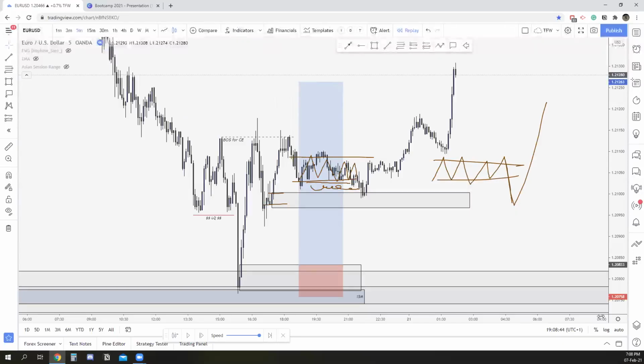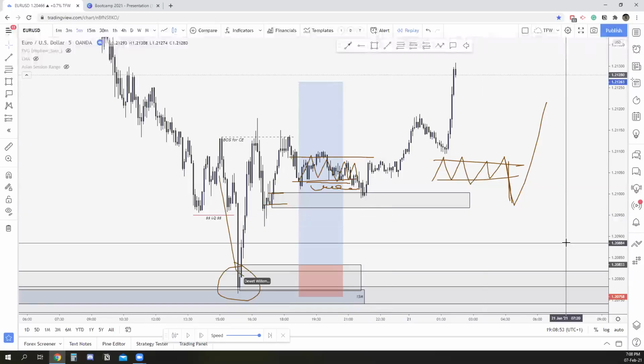Now, you can get that same pattern at a different time, not necessarily at London Open, but after the big push, after the manipulation happened into the order block. We can even wait for this pattern as a confirmation to still get into the trade and take a long position. Now we have the confirmation that we rejected the higher time frame order block. We're showing intent, pushing towards the upside, breaking structure towards the upside. If we now get a pattern like this, our chances and our probability are much higher for us to take the trade and win the trade.